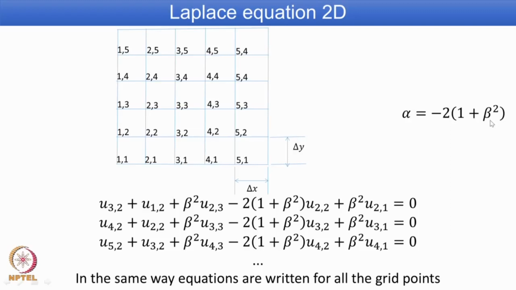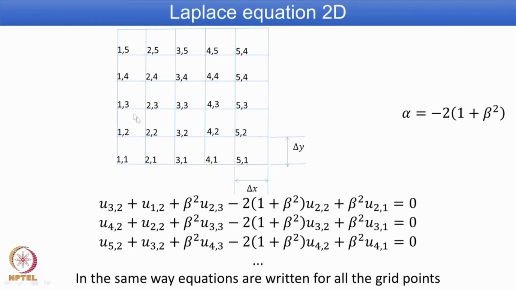Now, we apply the discretized equation that we have written before, that is, the second order central difference scheme for dou squared u by dou x squared and dou squared u by dou y squared. Use this definition of alpha and beta. For this mesh arrangement, you apply it for each nodal point. For example, 1 comma 1, 2 comma 1 may be along the boundary, or you take the second row. So, 1 comma 2 is again on the left side boundary, 5 comma 2 is again near the right side boundary. So, if you apply it, for example, for the node 2 comma 2,